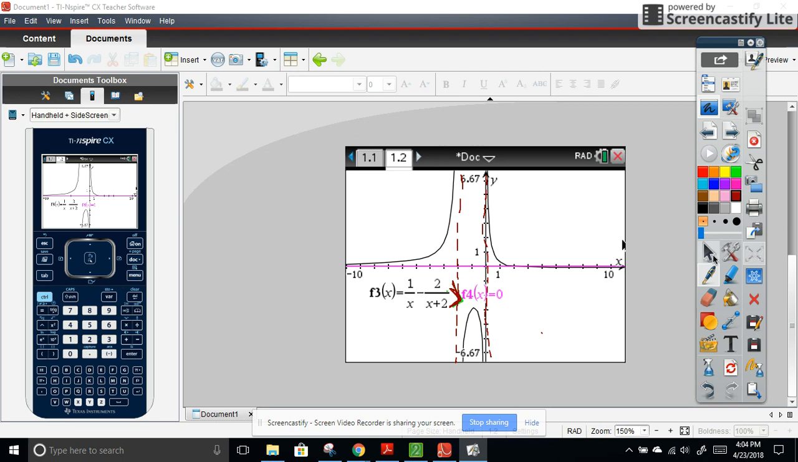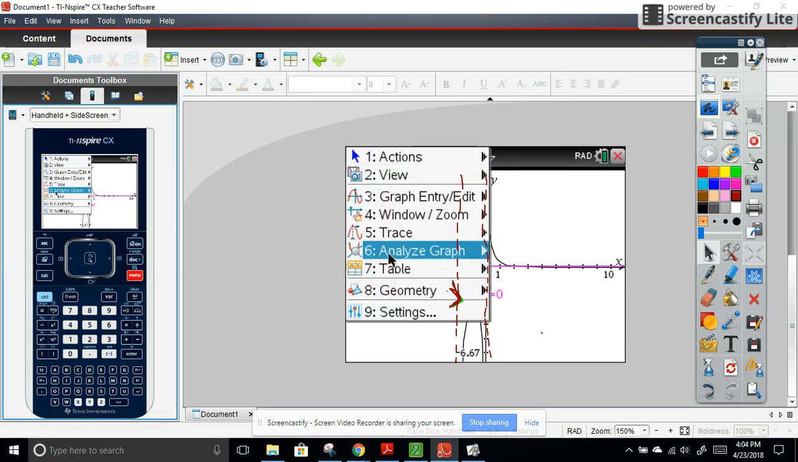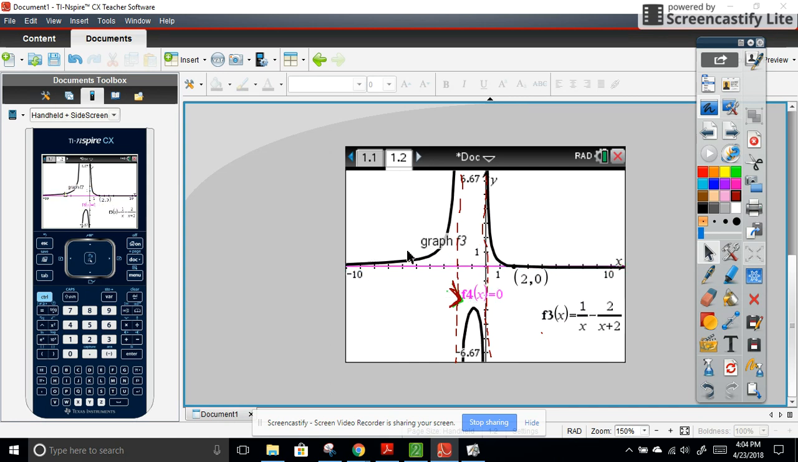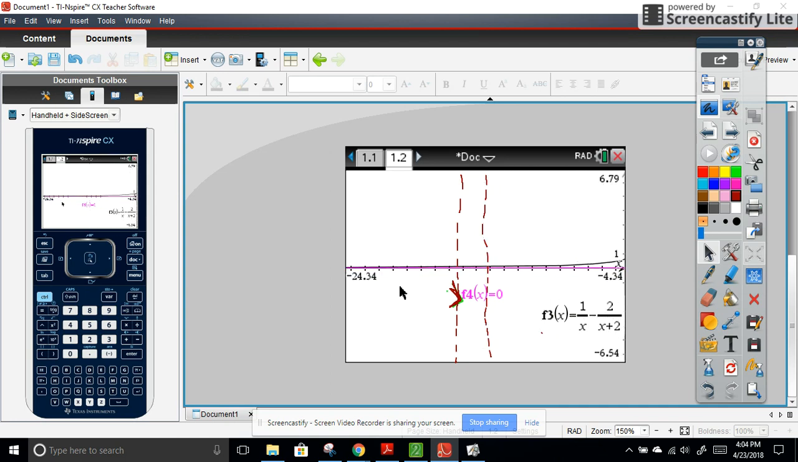So what do I do? Menu. I do 6 and 4. And it looks like I have an intersection somewhere between there and there. And it shows you right there that it's crossing the x-axis at 2. So I'm wondering if this is crossing the x-axis, this one right here may also be crossing the x-axis. I might need to scoot it down over here and see, or I could, since I can't see,